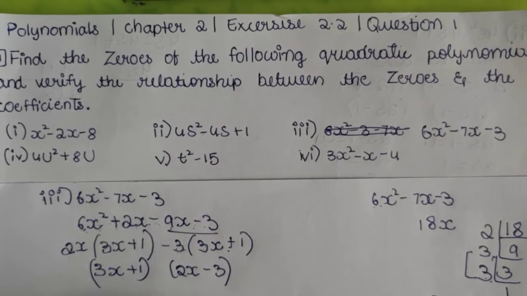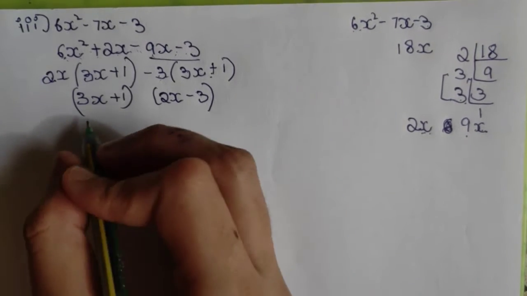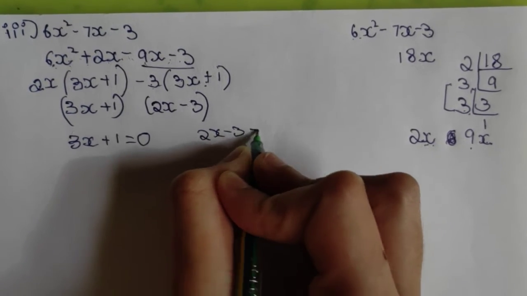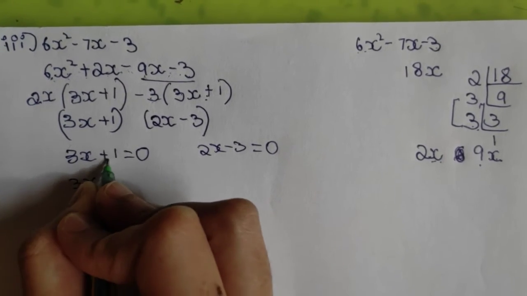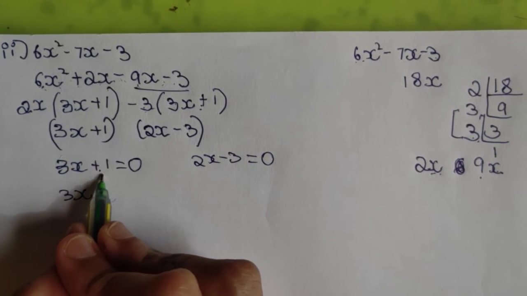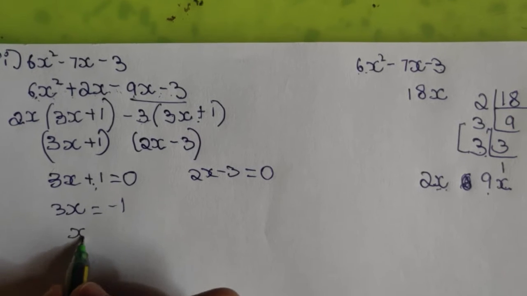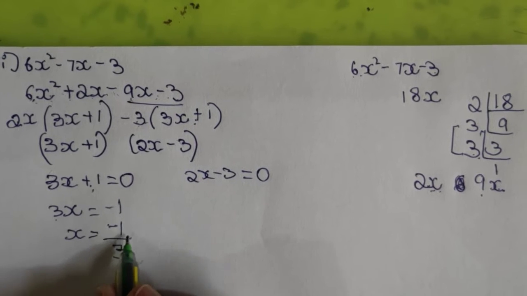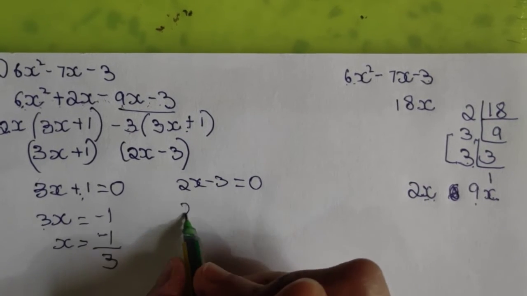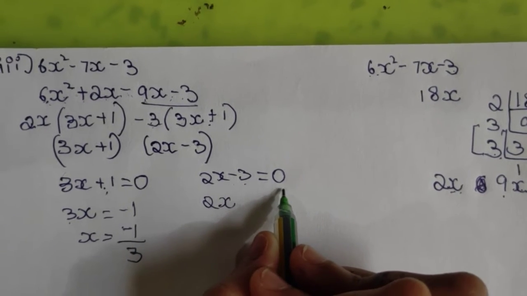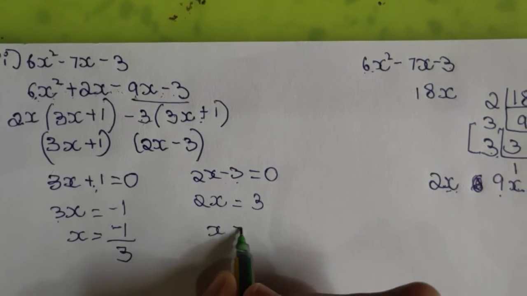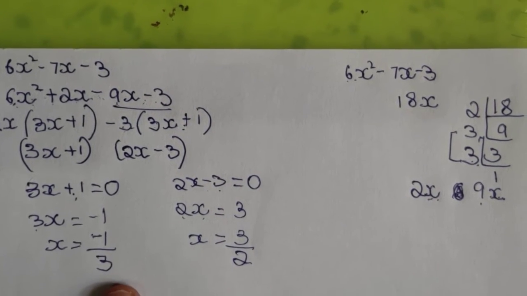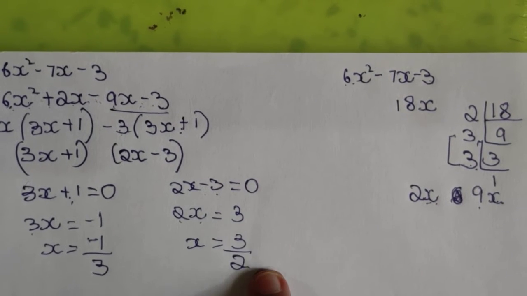Okay, so my first zero is 3x plus 1 equal to 0 and 2x minus 3 is equal to 0. So here this plus 1 goes to the other side, that becomes minus 1, and this 3 is multiplied with x, so it will go and divide on the other side, that becomes minus 1 by 3. And here minus 3 on the other side becomes plus 3, and here 2 is multiplied with x, that becomes divide. So my first zero is minus 1 by 3 and second zero is 3 by 2. Okay,